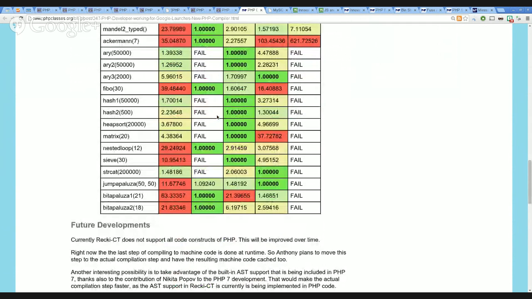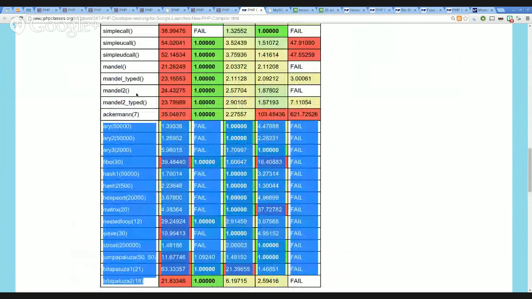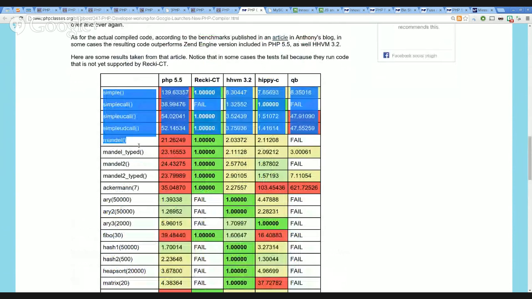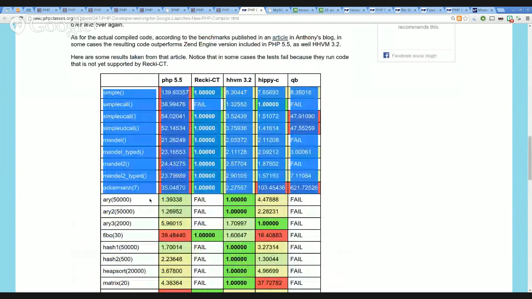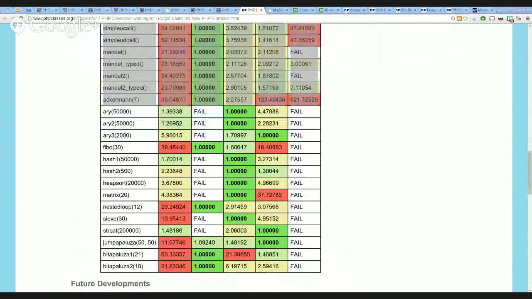Another aspect is that most, or even all, of the tests that are being done here were done with code that is mostly CPU intensive. So that's not the typical